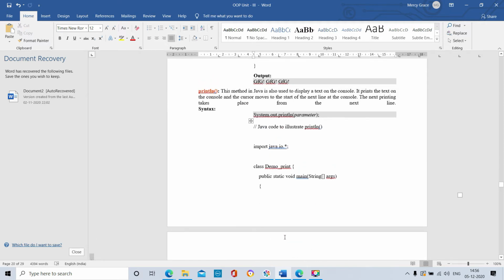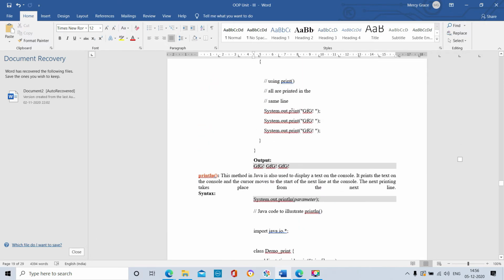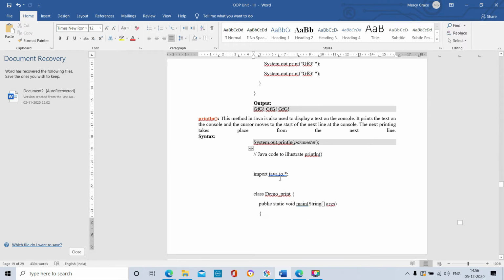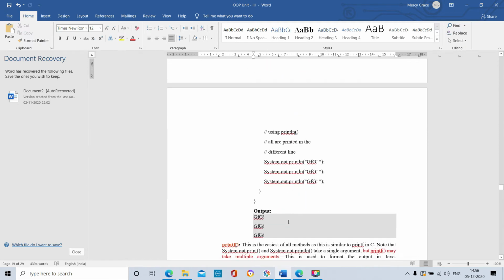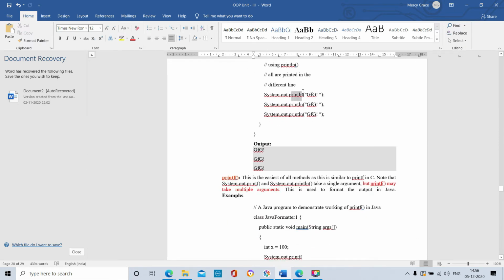If we use the print method, the cursor will not go to the next line. The cursor will remain on the same line after printing the output, and the next output will be printed on the same line. Otherwise, if we use the println method, the cursor will move to the next line to print the next output.